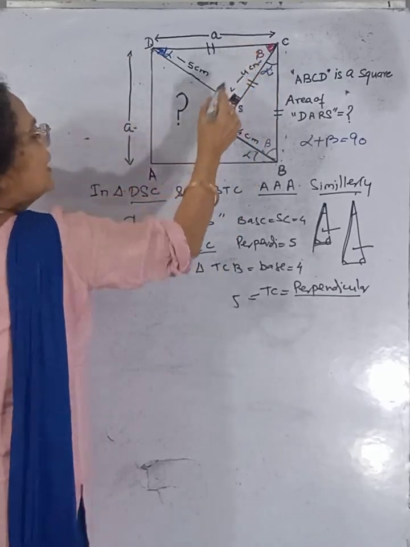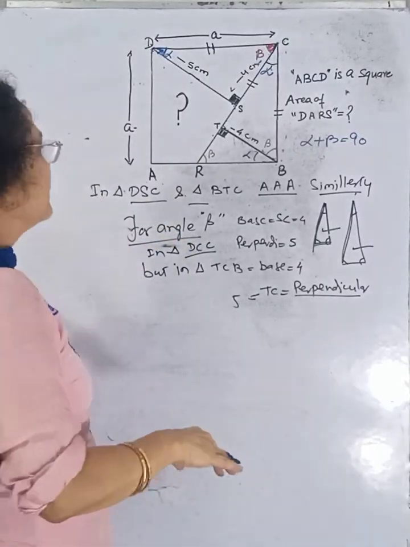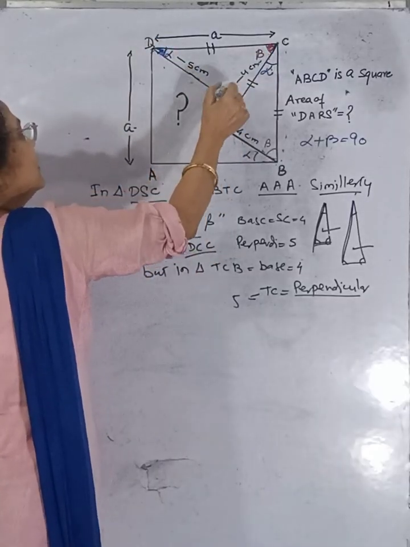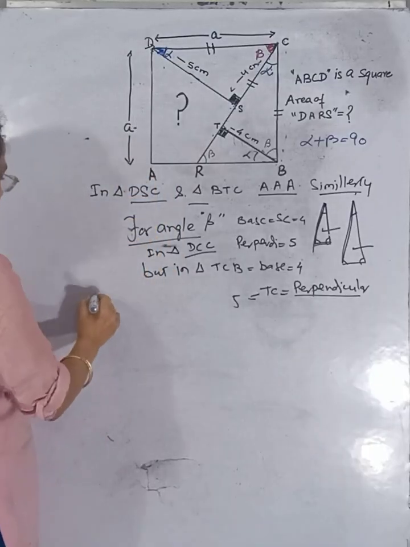But because these two triangles are just replicas of each other, the perpendicular must be equal to this perpendicular, and this base must be equal to this base. Okay, so now